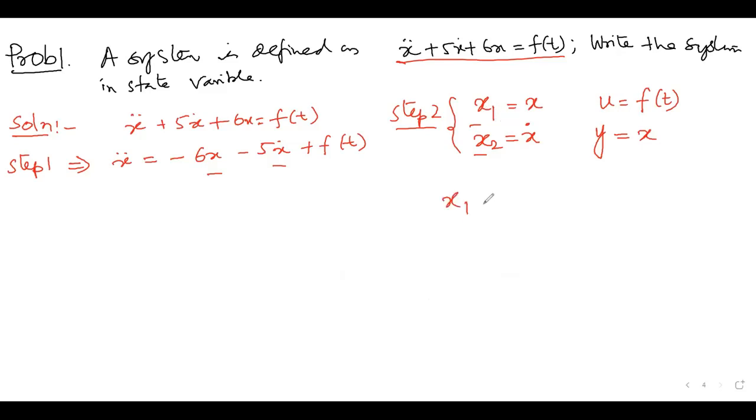x1 equal to x. We will assume that x1 is x. So therefore x1 dot